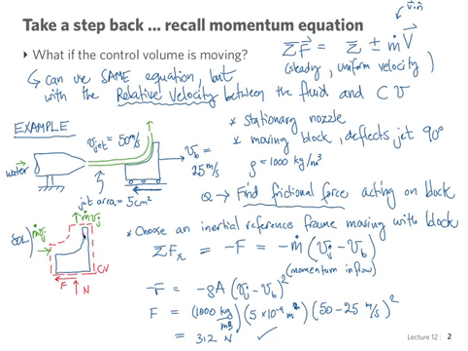I'm just confused how the only force, the friction, is the only force in the x direction. Because what we're calculating are the forces on the control volume, and the jet and the block are both inside the control volume. Everything that's inside the control volume is like a black box. The control volume is this technique that allows us to bunch everything that's inside and not look at it,